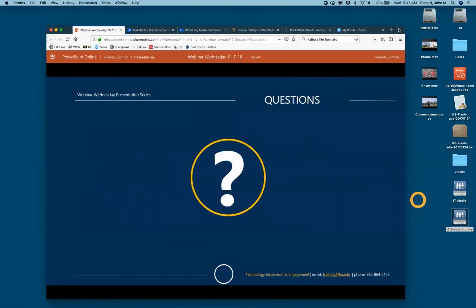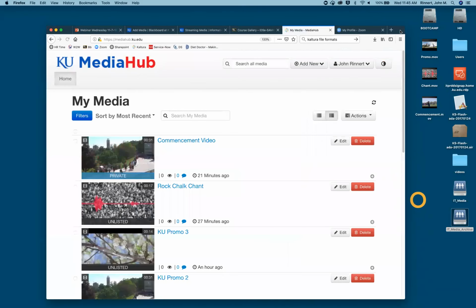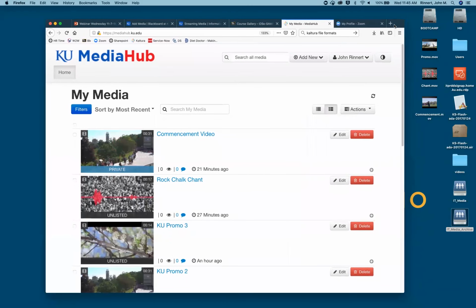And even if we don't, I'm going to show something else in 5 minutes before everybody runs off to lunch. So I'll wait for some questions to come in, but I do want to show, because I'm sure somebody out there is interested, the Kaltura capture tool. And even if you're not, I'm interested. I like to brag about new tools. So I'm in MediaHub, at the main page. I can add new, I can do a media upload. And this is where you can play with other stuff.